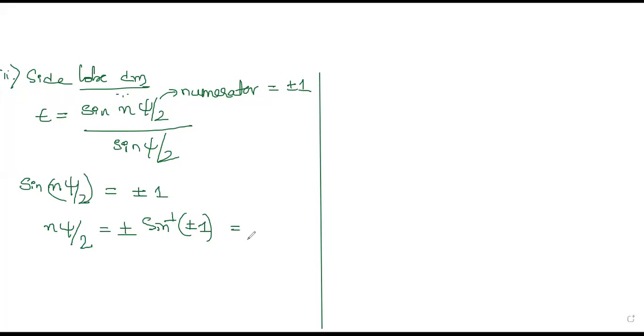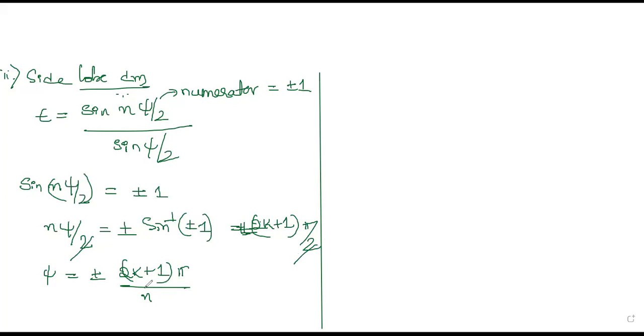Yeah. So you have to write the equation as plus or minus (2k+1) pi by 2. The main reason I'm not taking n is that you already have n here, and you will get confused if you take n here. So it is plus or minus (2k+1) pi by 2. Now simplify the equation. You have n xi by 2. I'll write in terms of xi. This 2 and this 2 get cancelled. You have xi is equal to plus or minus (2k+1) into pi divided by n